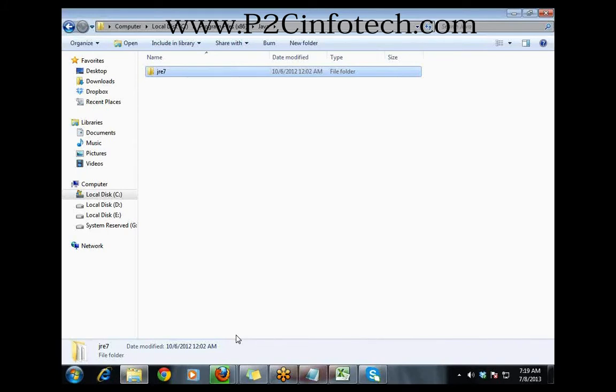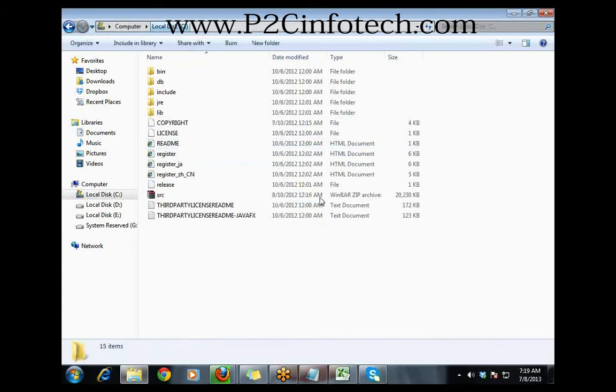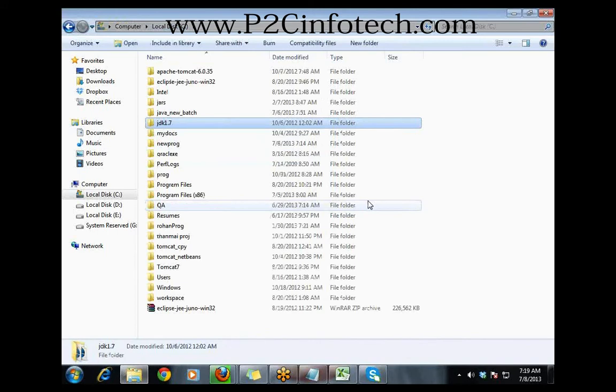So for JDK installation, I am maintaining a separate folder in C called JDK 1.7, which I have created manually. When installing, I'll choose JDK 1.7 as my folder, so that I can install.